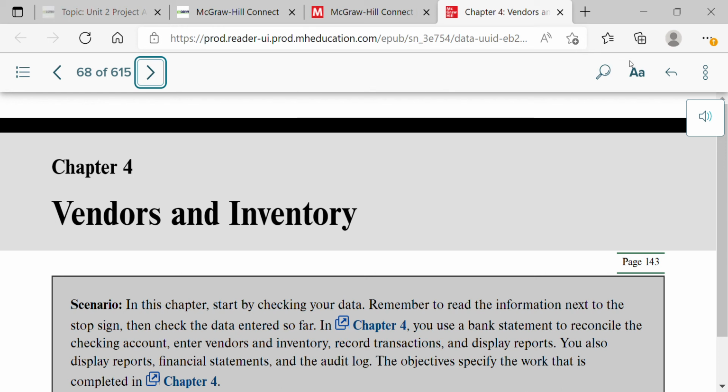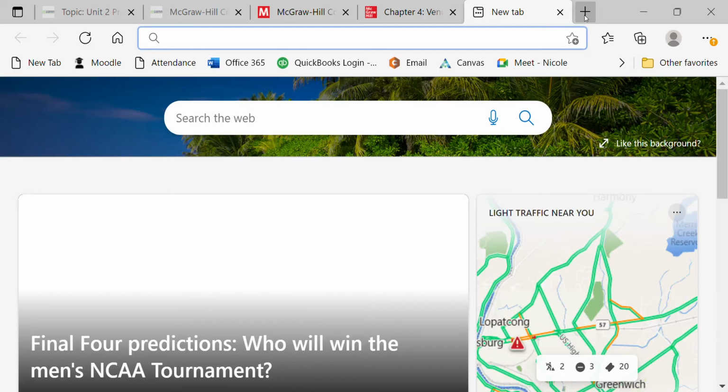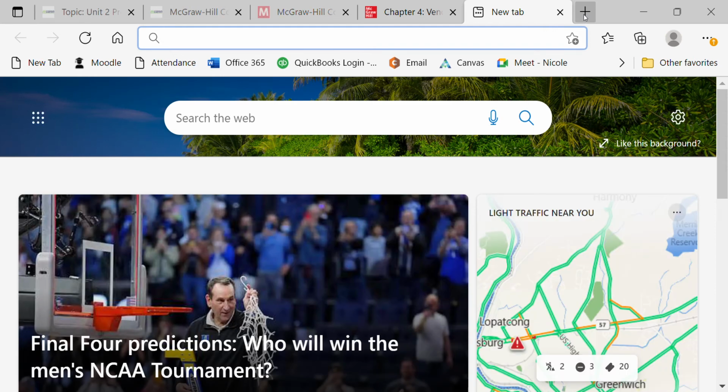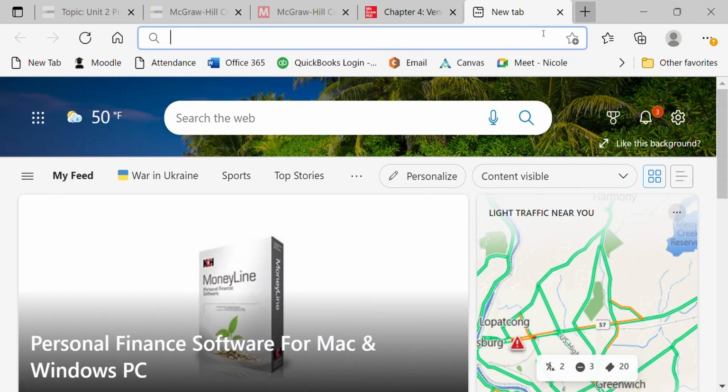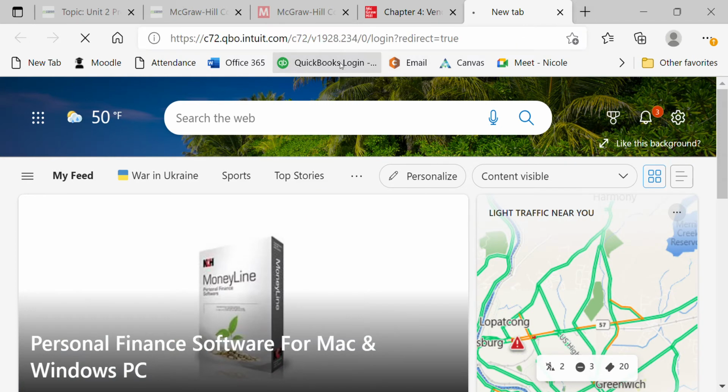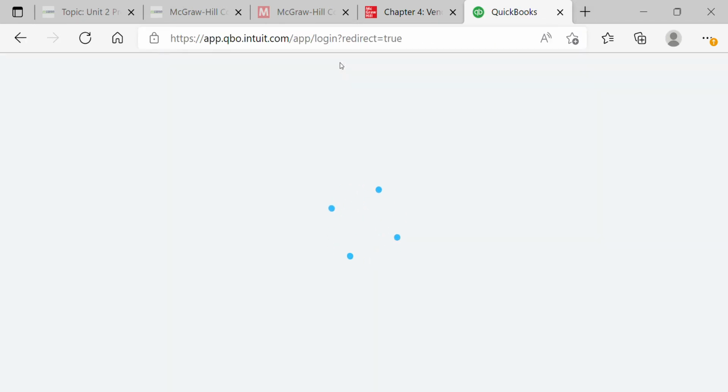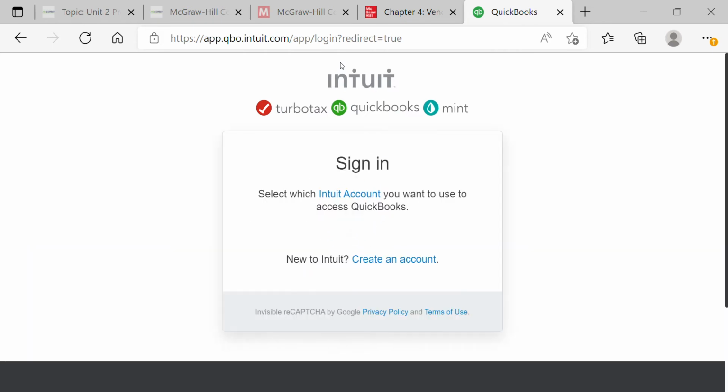Okay, so we now are going to do chapter 4, vendors and inventory. Just to let you know, this is going to be a long chapter. There's quite a bit to this chapter, so be prepared to at least maybe do the chapter part first, and then if you want to take a break, do the homework part first. But this probably is going to go over an hour, I'm not sure, but I just looked at the chapter and I realized, oh wow, there's quite a bit of work to it. So I'm about to log in